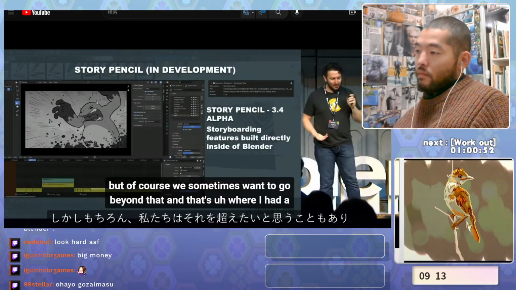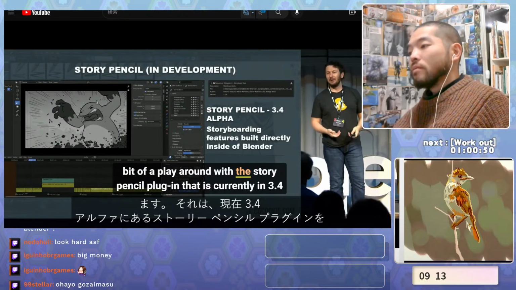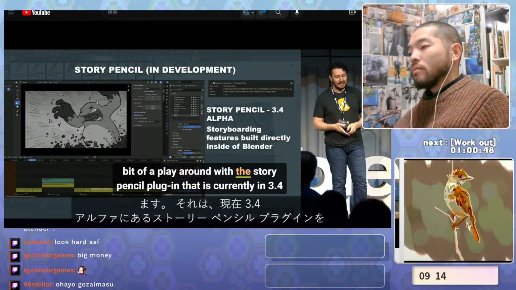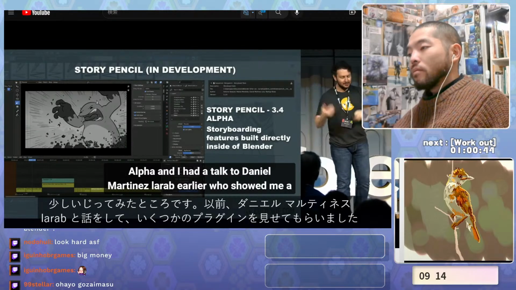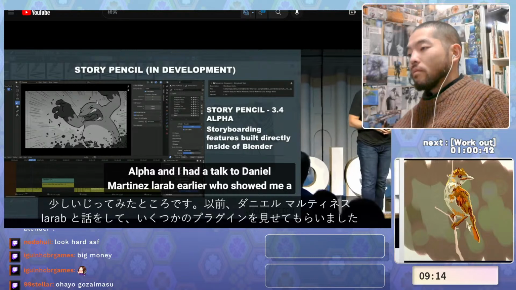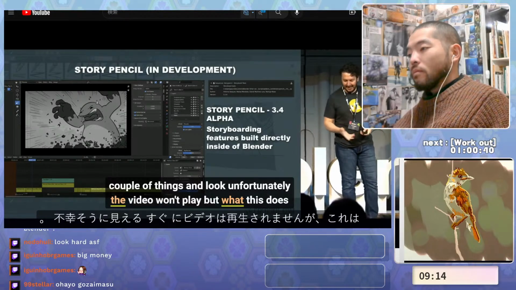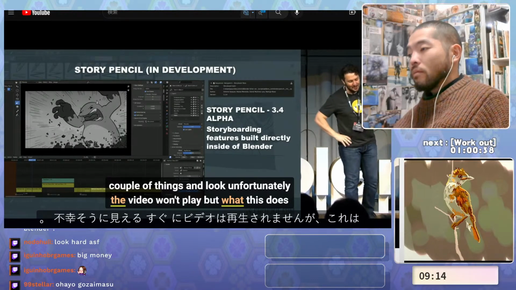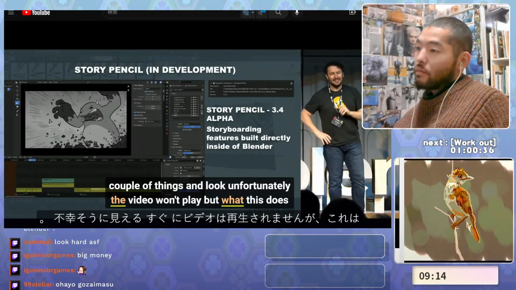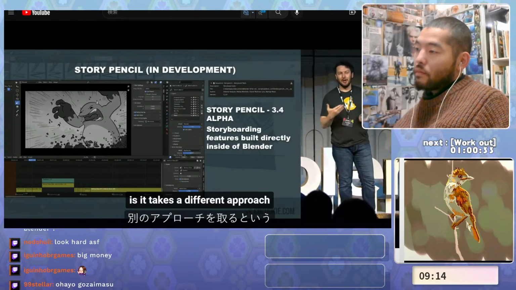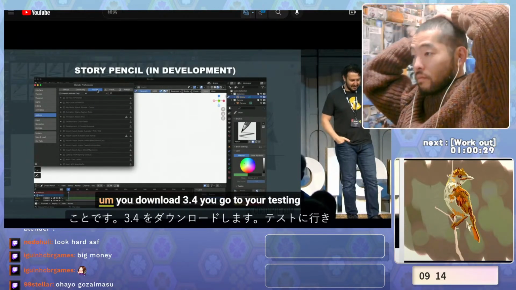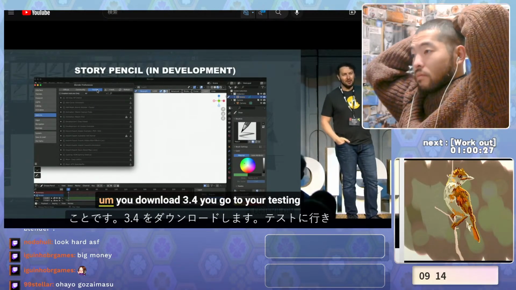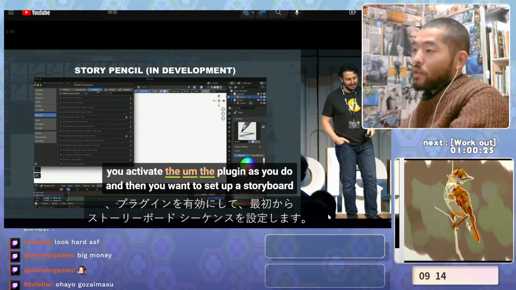And that's where I had a bit of a play around with the Story Pencil plugin that is currently in 3.4 alpha, and I had a talk to Daniel Martinez-Lara earlier, who showed me a couple of things, and unfortunately the video won't play. But what this does is it takes a different approach. You download 3.4, you go to your testing, you activate the